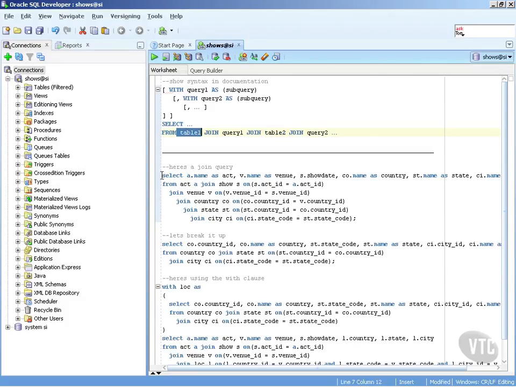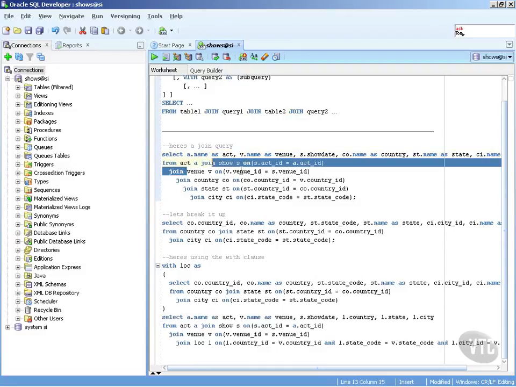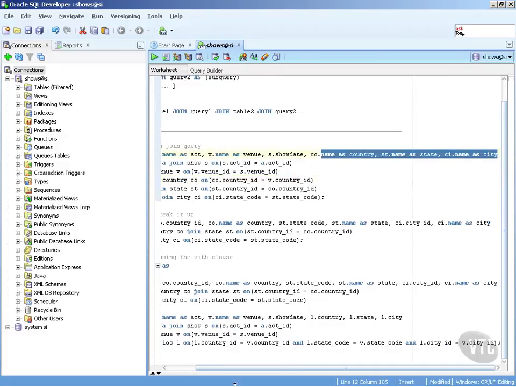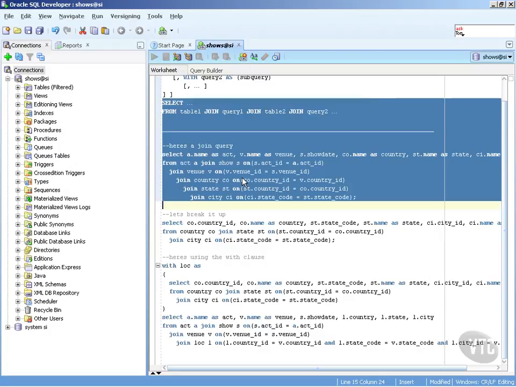So now let's take a look at an example. What I'm going to do is start off with a nice big fat join query, and here we're actually joining the act table, the show, the venue, the country, the state, and the city, and pulling all this data out, something from every table. And I'll just run this one, Control Enter,